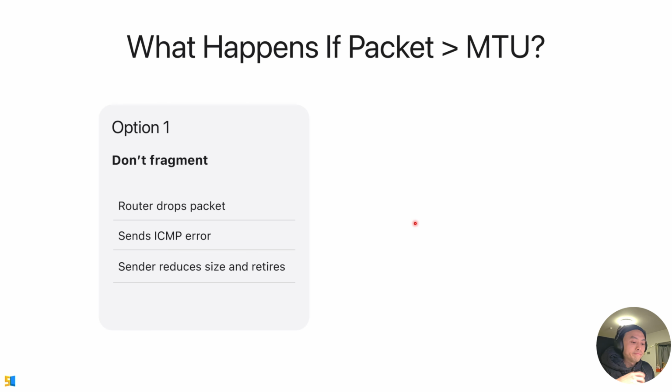For example, a router receives a package from somewhere, and then it detects that the router's device MTU is smaller than the IP package size. So the router can decide to drop the package and send an ICMP error back to the sender. I will explain about ICMP later. And then later the sender reduces the size and retries. There's a second option